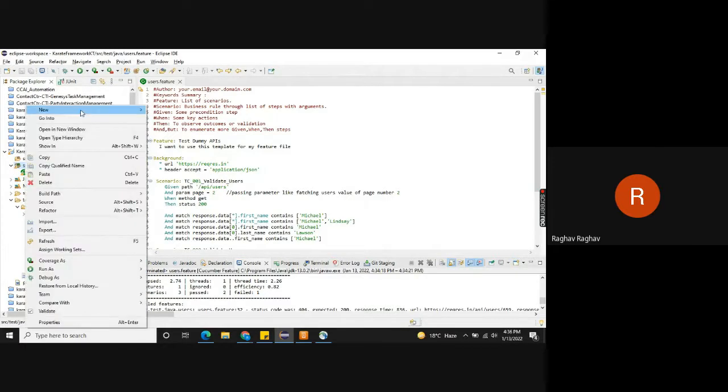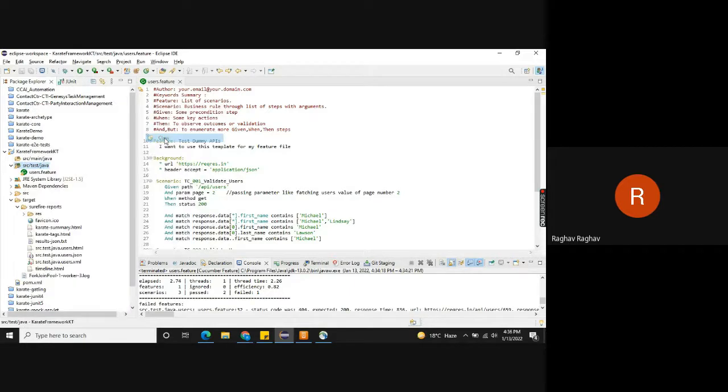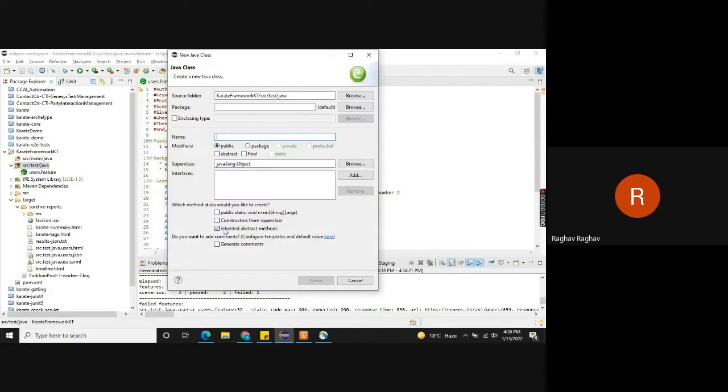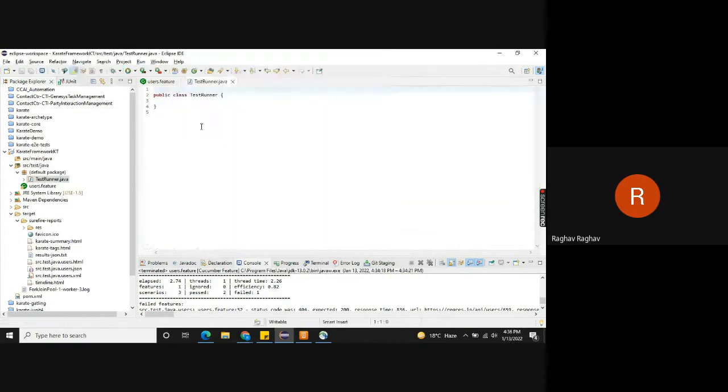Just right click, new, it's a Java file. Read karate dot test, test sample method,